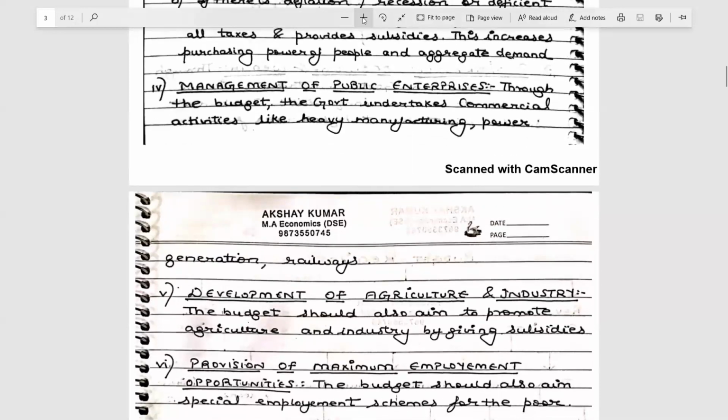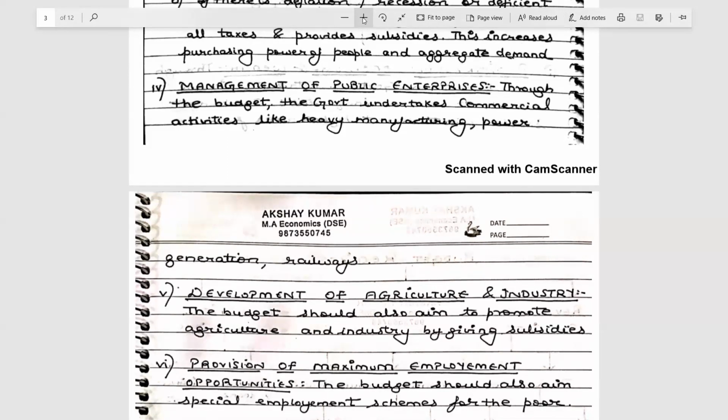ठीक है, अब the government through the budget undertakes various commercial activities like heavy manufacturing, power generation, railways. तो गवर्नमेंट के जितने भी पब्लिक एंटरप्राइजेस हैं, जैसे कि हेवी मैन्युफैक्चरिंग सेक्टर की हम बात करें, जितनी भी हमारी हेवी मैन्युफैक्चरिंग में हमारी आयरन एंड स्टील इंडस्ट्रीज आती हैं, ओके, पावर जनरेशन कंपनीज हैं जो गवर्नमेंट की जो इलेक्ट्रिसिटी जनरेट करती हैं, इंडियन रेलवेज की बात अगर हम करें, तो उनको मैनेज करती है गवर्नमेंट थ्रू द बजट कि कितने फंड्स एलोकेट करने हैं रेलवेज को, कितने फंड्स एलोकेट करने हैं टू द हेवी मैन्युफैक्चरिंग इंडस्ट्रीज, कितने फंड्स एलोकेट करने हैं टू पावर जनरेशन।